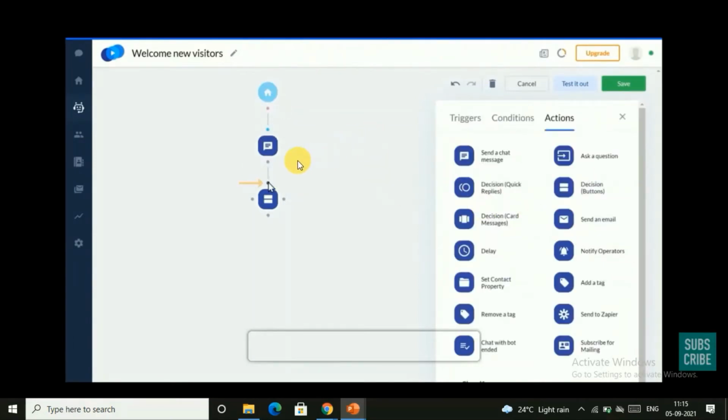Then we want these questions to be asked just after this welcome message, so we need to connect these two. In order to connect this, just drag from this button and join it to this button. In this way you can connect the blocks. And now once you are done,